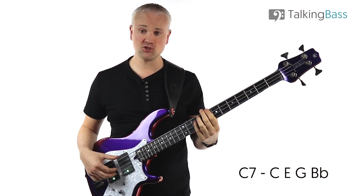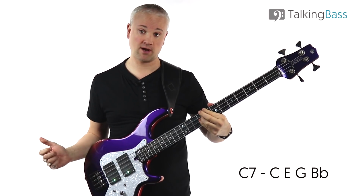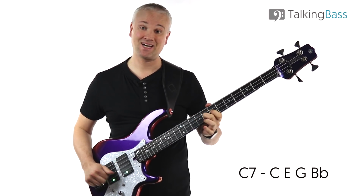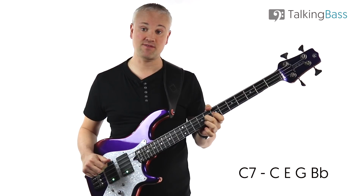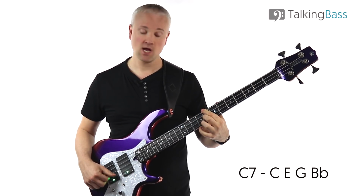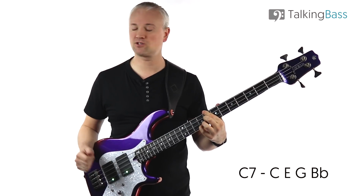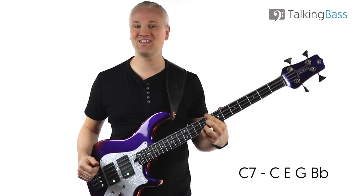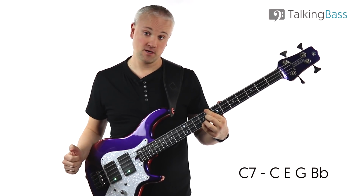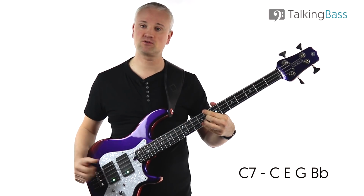So let's try our root position, which is just going to be a variation on our major 7 there. We're just going to flatten that B down to the B flat there, 8th fret of the D string. So that gives us C, 8th fret of the E string, then the B flat at the 8th fret of the D string, and then the E at the 9th fret of the G string. Okay, so you can hear it's got that bluesy dominant 7 chord sound. So that's